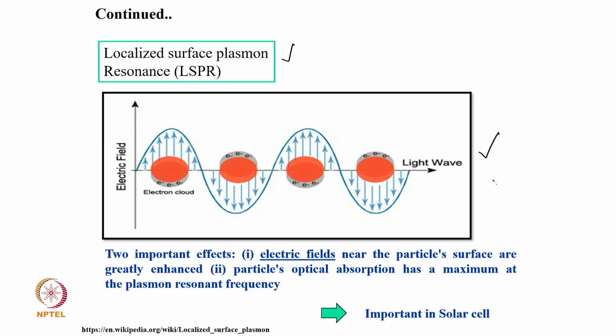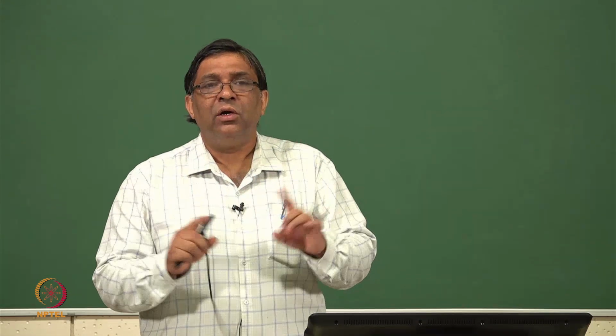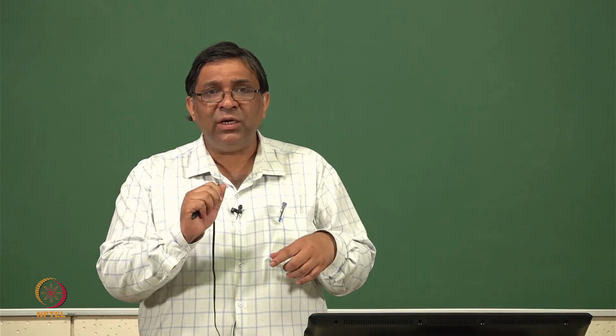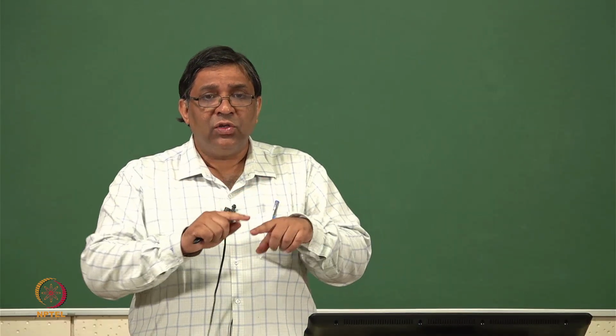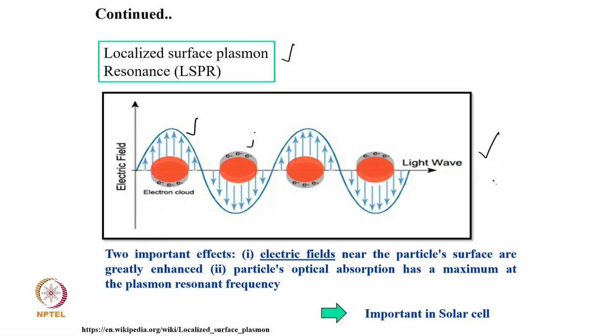Why does the resonance come? Because when light falls on it, the plasmons vibrate at a particular frequency, and when the light has the same frequency, there is a resonance. So there is a huge enhancement of the electric field surrounding each